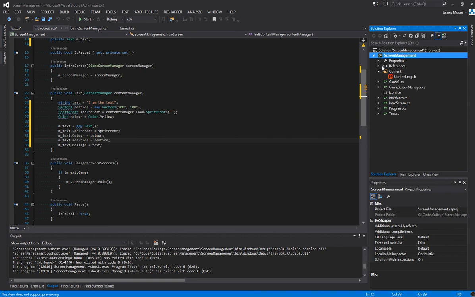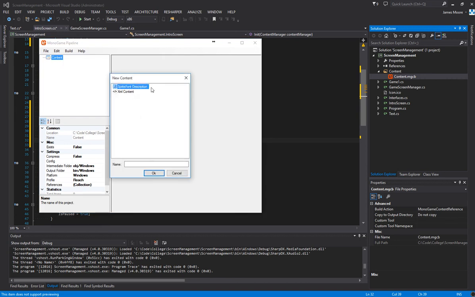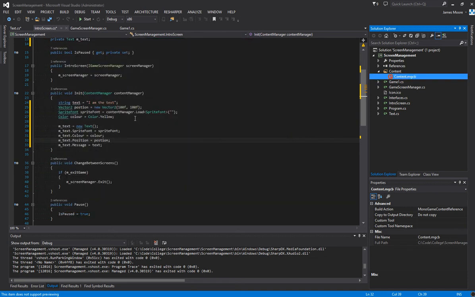So we need to go into our content folder and double click on this content.mgcb. Now this is slightly different if you're using XNA. This is obviously MonoGame, but I'm sure you'll be able to work it out. You can look at another tutorial if you're struggling, or you can ask and I'll try and help you in the comments. So if we now right click on the content in the pipeline, go to add, and click on new item, we can see this SpriteFont description. That's what we want. We're going to give it the name title, and then close it down, hit yes,